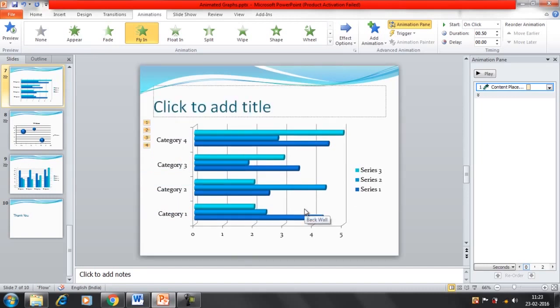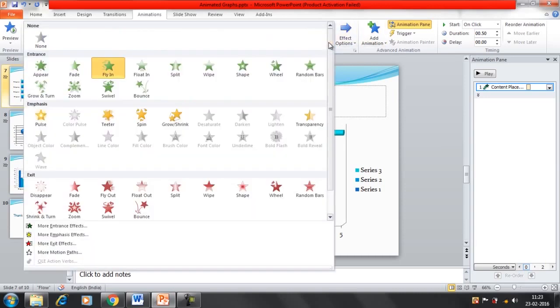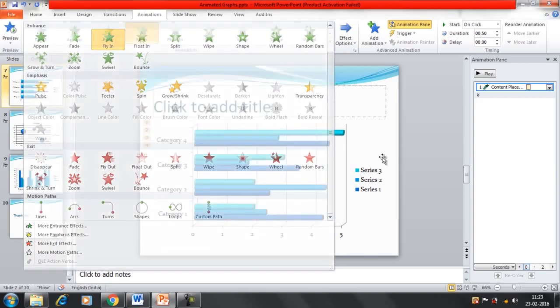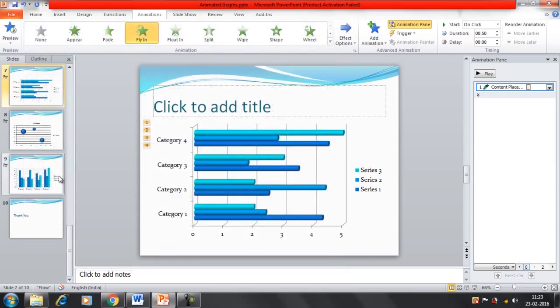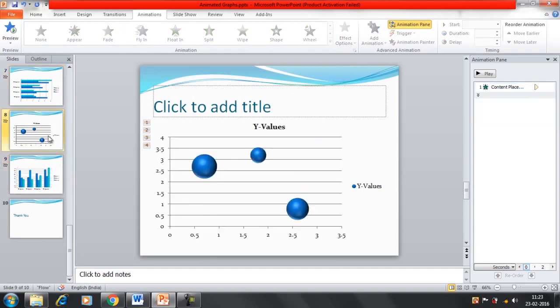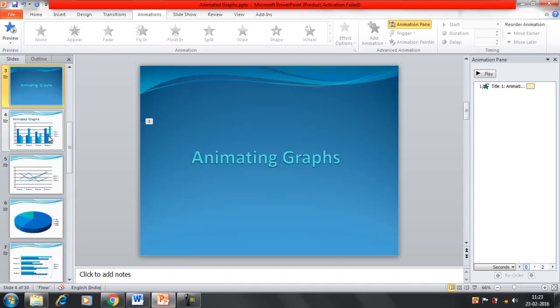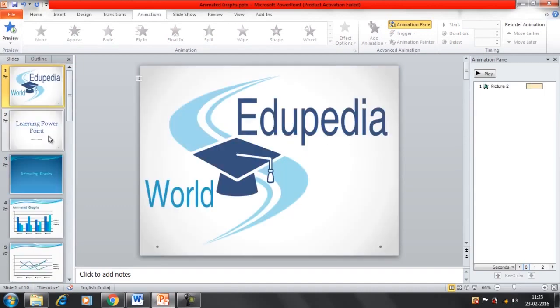So this is very simple to animate the graph. By these options you can represent the data in an effective way. You can apply your own effect, you can try out the different animation options you have, and then you can see how effectively you can show these graphs. So that was it for this session. We have learned here how to animate the graph with the different options. I hope that would help you to animate your graphs in a better and good way.